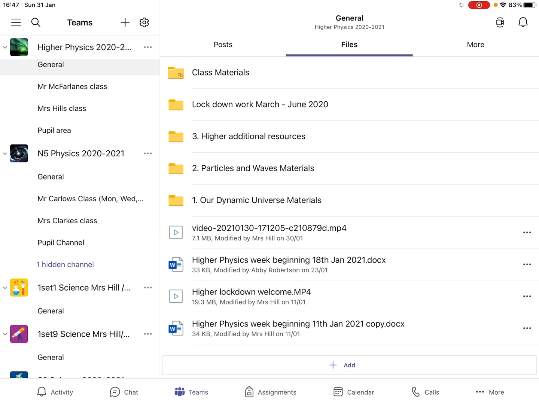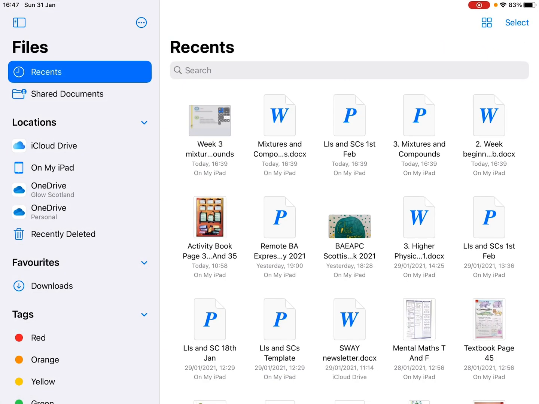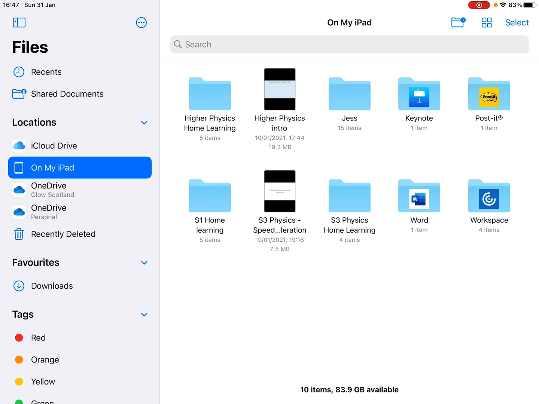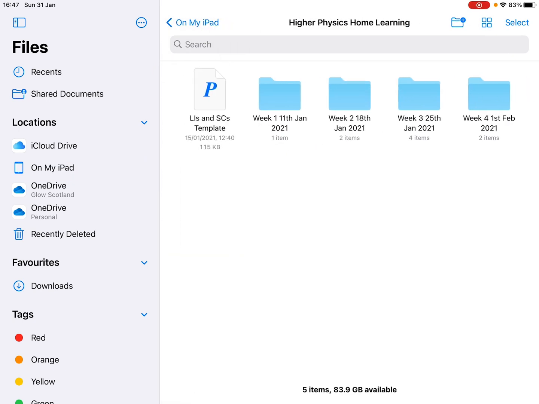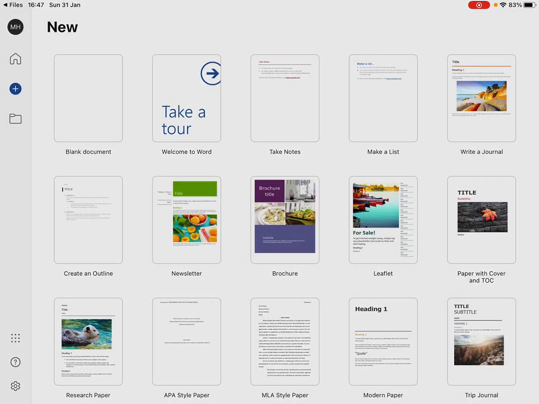So just a reminder how you find it. We're in Files, Particle and Waves Materials, and I haven't put it in yet, but it's going to be a folder on its own saying Consolidation Week. And essentially what this week's work, I'll show you in my files. Okay, so this week's work, nice and short one,